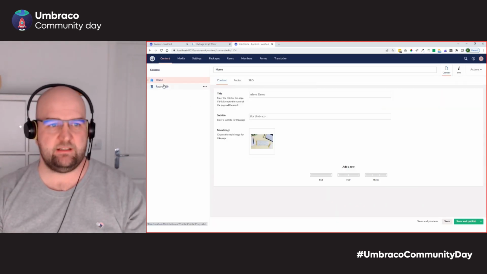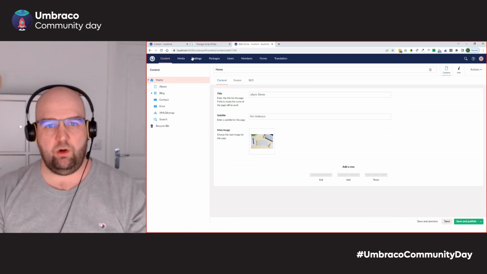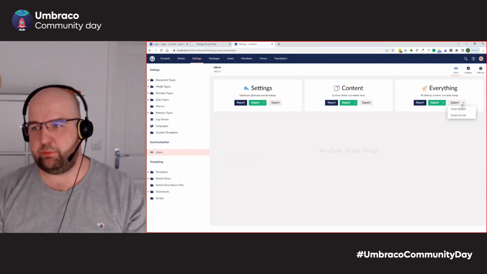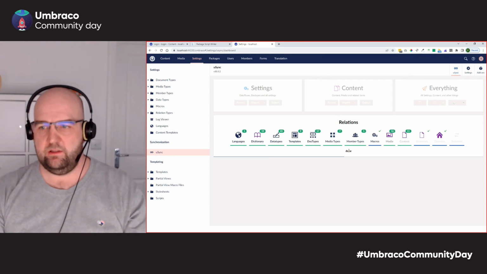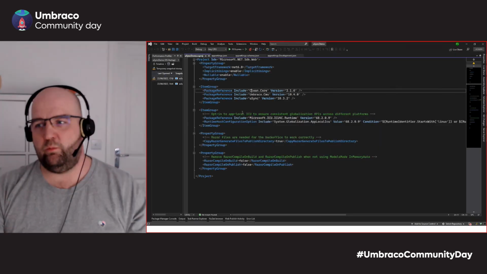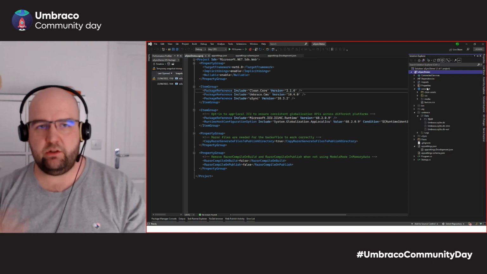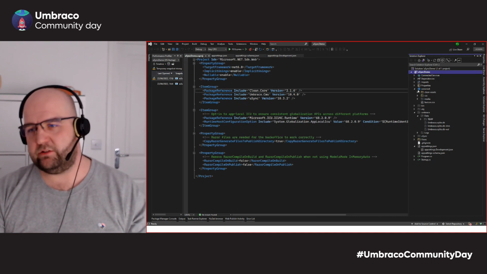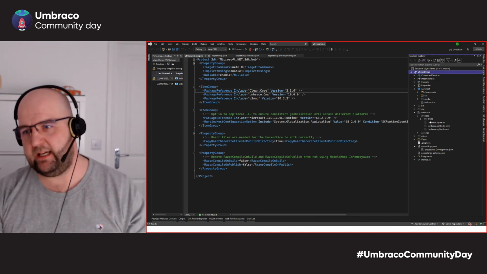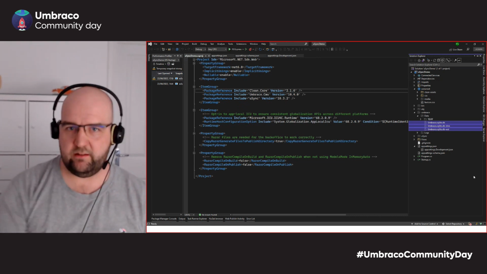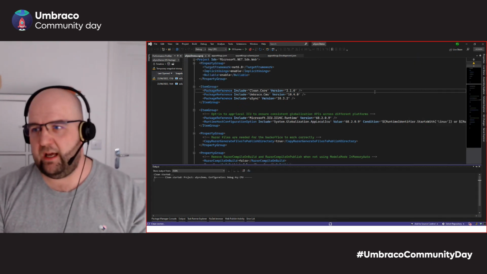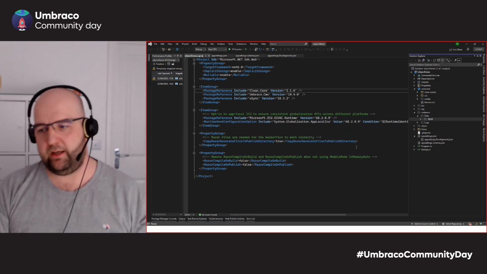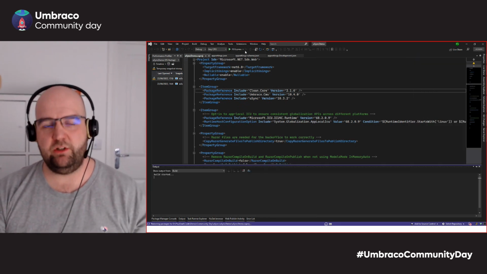This site here, it's using the clean starter kit. What I'm going to demonstrate here is if we go into settings, uSync, and then we do a clean export. Yes, run a clean export. That's all done. One thing that I wanted to demonstrate is the idea that you could easily move this to a different database if you wanted to. I just love the fact that I could just delete my database. So I'm using SQLite at the moment. I'm just going to clean the solution, and then I'm just going to delete my database. And that would be a crazy thing. What are you doing? But it's okay, because if I just run the site again,